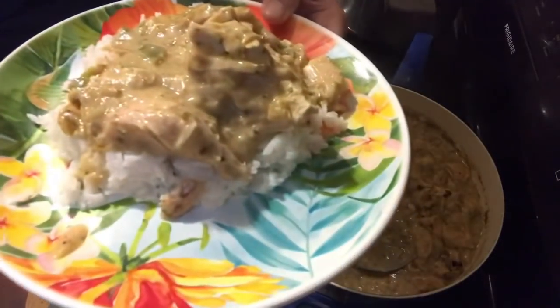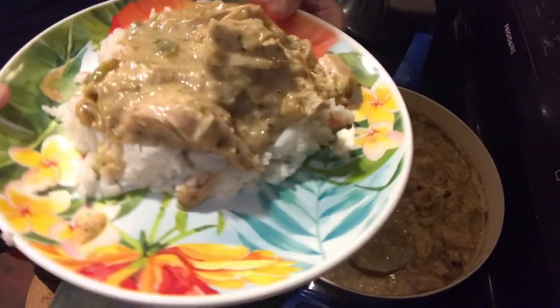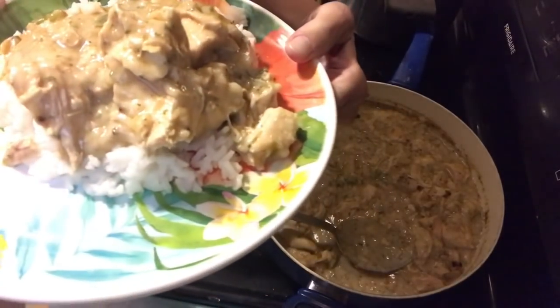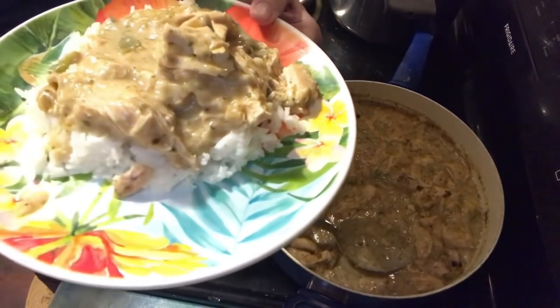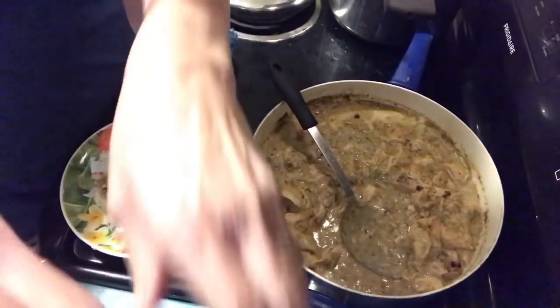So there is that. It smells wonderful and looks really good too. So I'll bring the camera back up. And I made quite a bit of rice. I know my camera is kind of crooked. I have a crooked tripod, I think. But anyway,